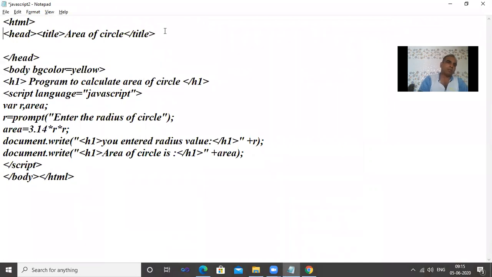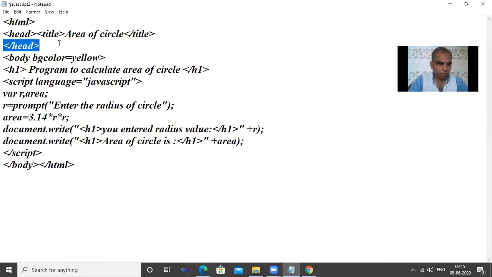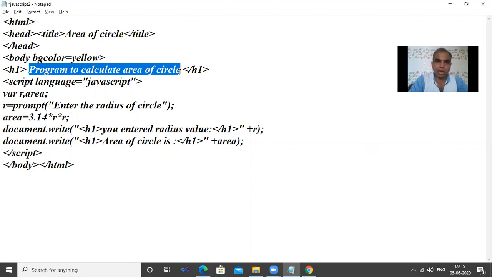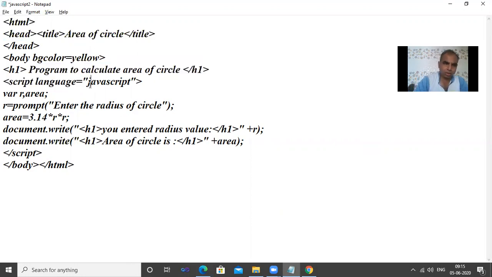HTML, head, title: area of circle, close the head, body bgcolor yellow, heading. We are giving the heading: program to calculate area of circle. We are declaring the scripting language. Here we have to use J capital and S capital.